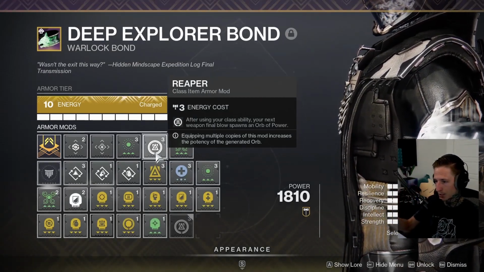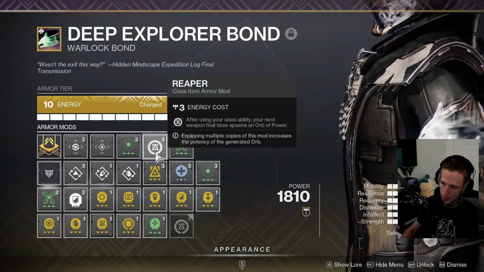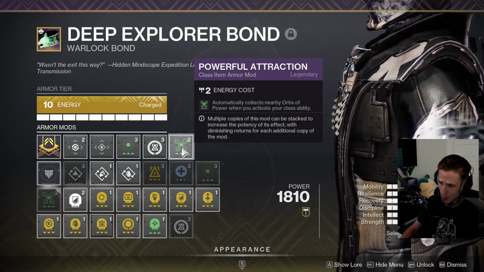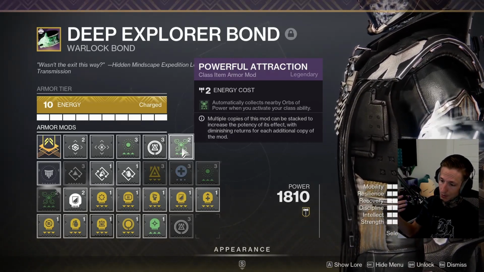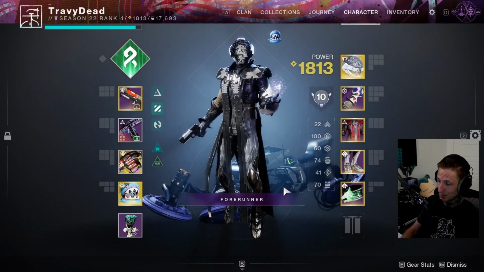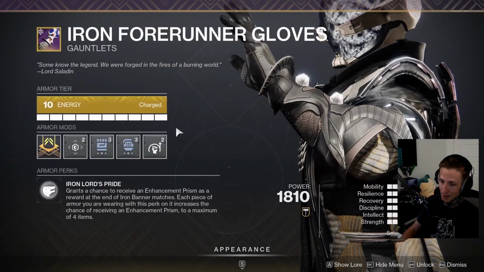So the first kill I get after using my class ability will spawn an orb, so we can get woven mail that way. I also have Powerful Attraction on, so that when I cast my rift again, I'll automatically collect the orbs nearby. Another thing that I'm doing to combo this is in my arms, I'm